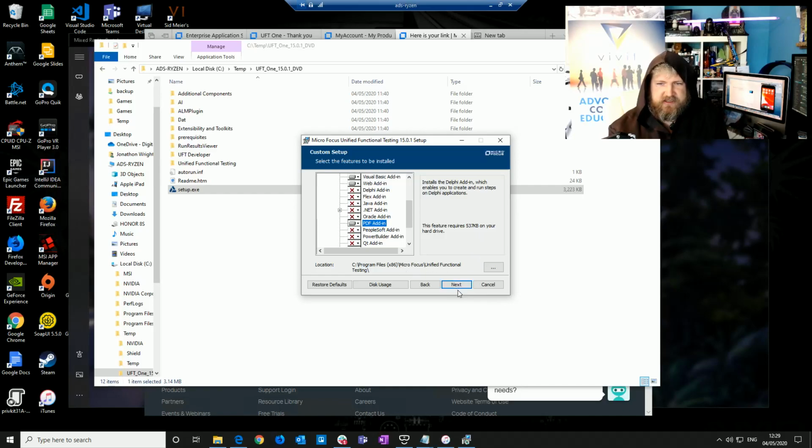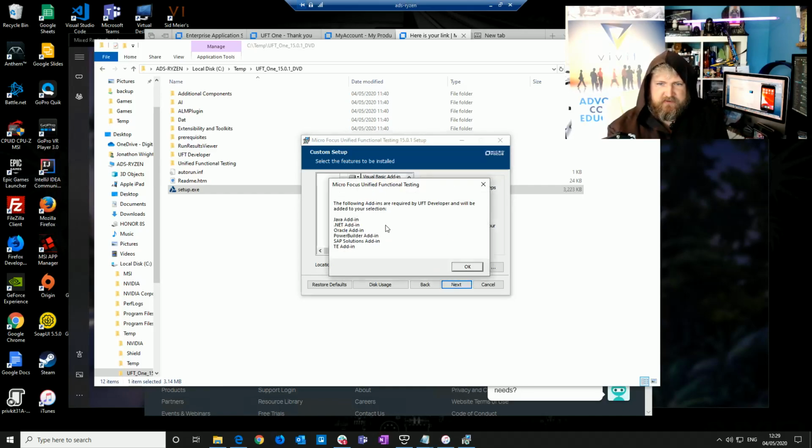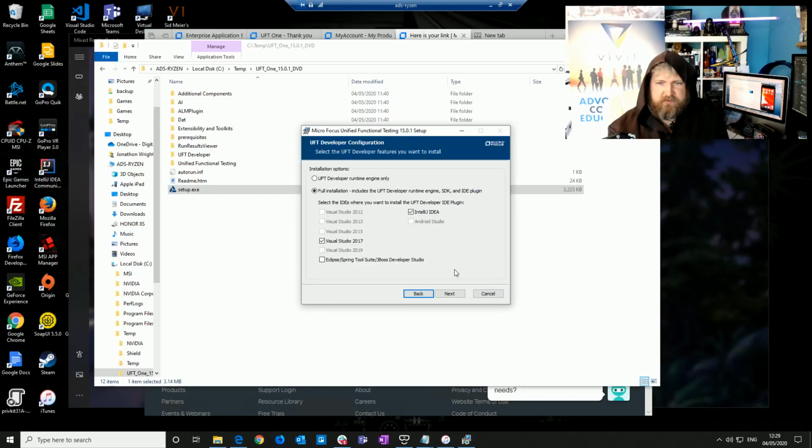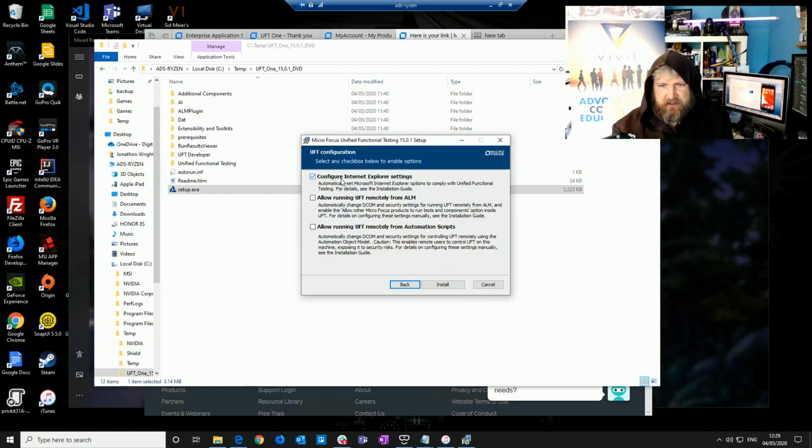537k. Okay, so it's going in the standard directory. Right, the following add-ons will be added in. Fine. Okay, so it's detected 2017, which must be what I've got on there, and IntelliJ. I think I have got Eclipse on here, but I'll not do that. So, full installation. It obviously does support Visual Studio 2019, which is end of life for coded UI. Configure Internet Explorer for me. Great. Allow them to run remotely. No. So